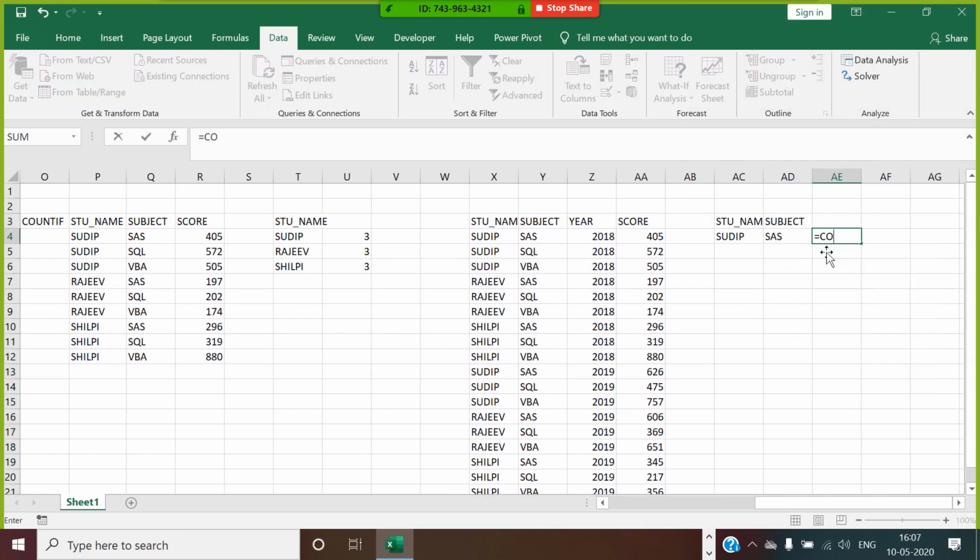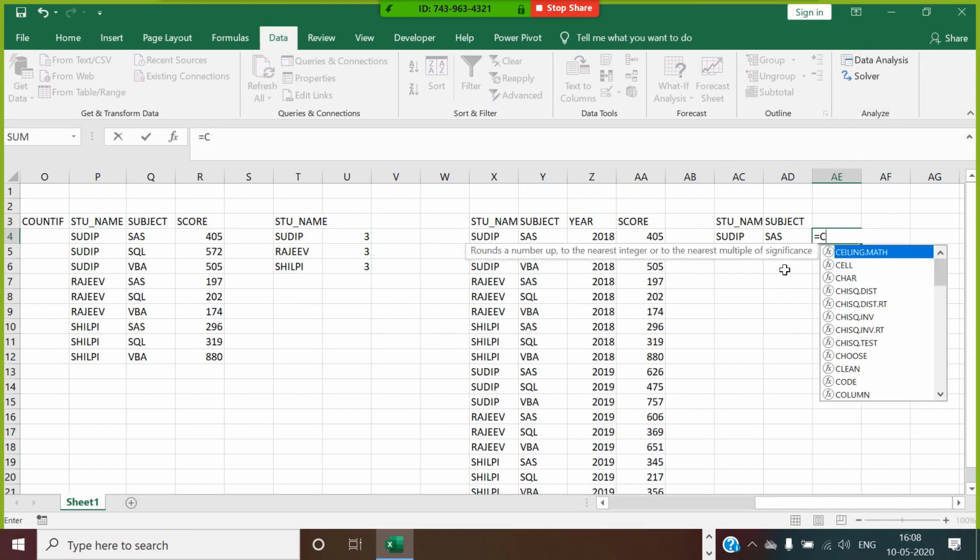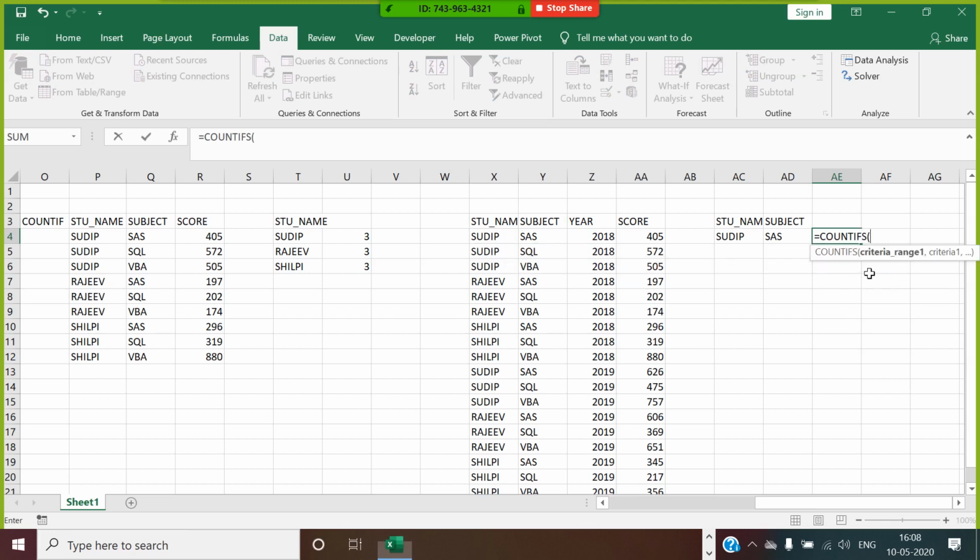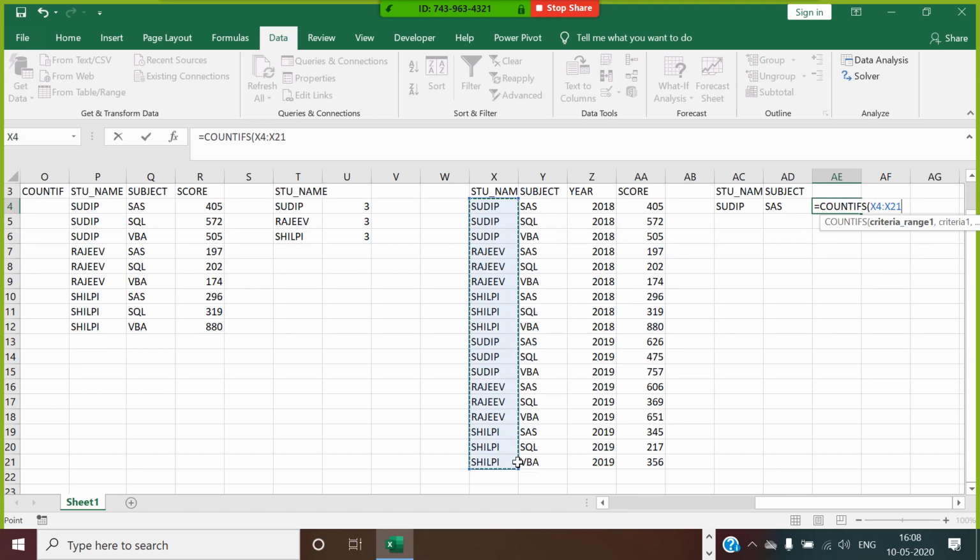So I'll use count ifs. The function is count ifs. Count ifs, the criteria within this, you are searching for Sudeep.